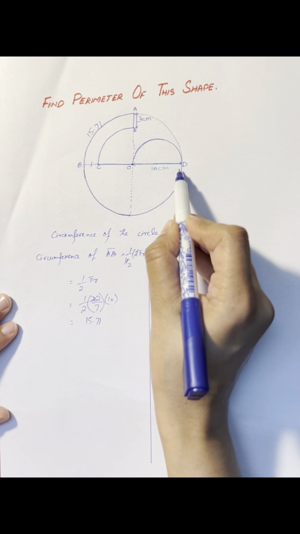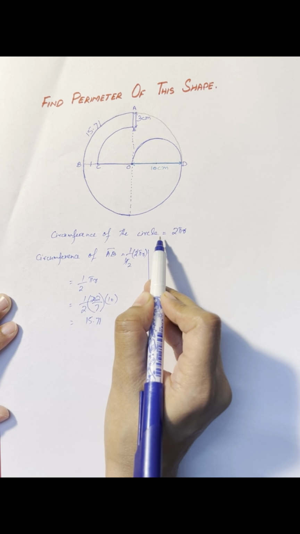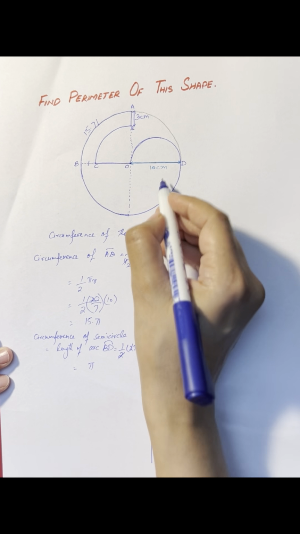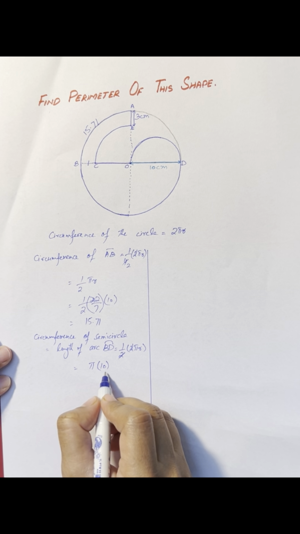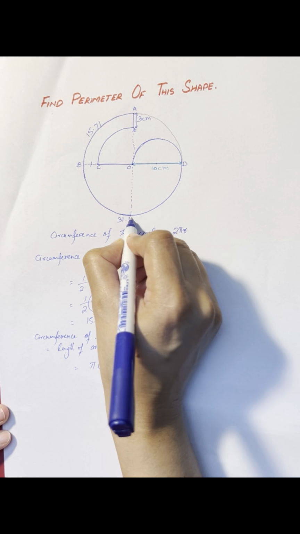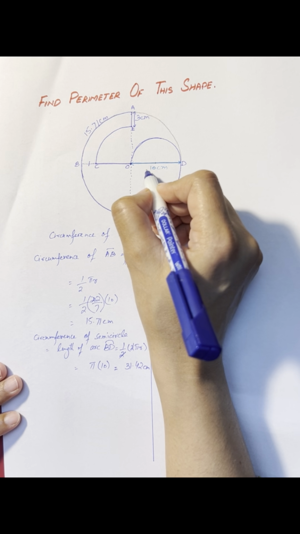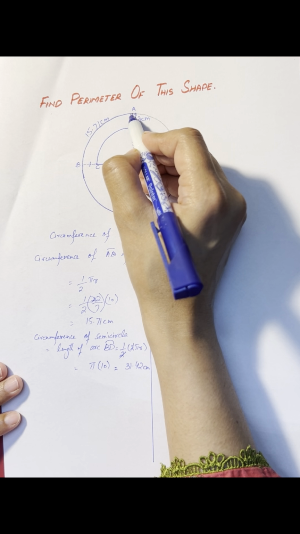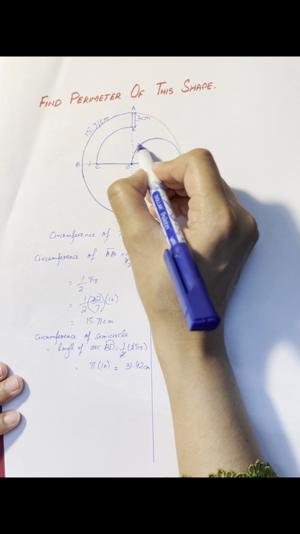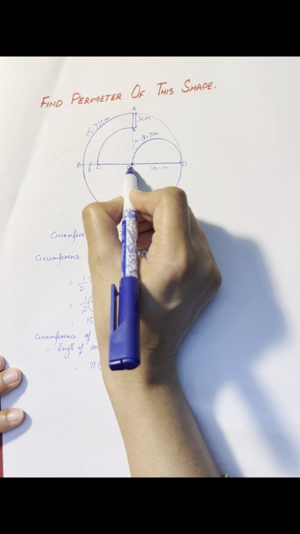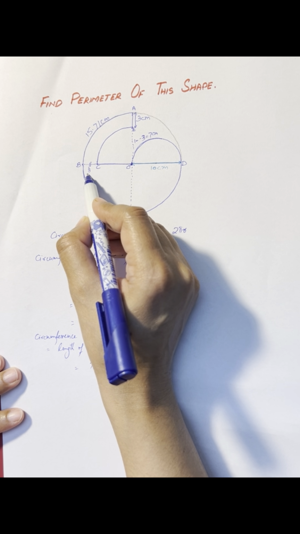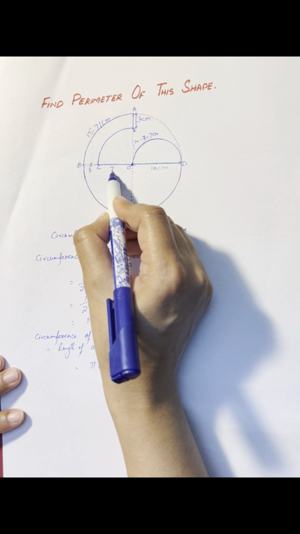What is this length? It's basically a semicircle. So the circumference of a semicircle is half of 2 pi r. Radius in this case is 10. So calculating this, we will get 31.42. So this distance is 31.42. Unit is centimeter. Now if you see OA, this distance is basically the radius of this big circle, which is given as 10 centimeter, and this length is 3, so 10 minus 3, 7 centimeter. OB is also the radius of this big circle, which is 10. 10 minus this length, 10 minus 3, so this length OC is also 7 centimeter.